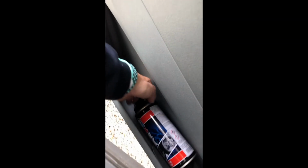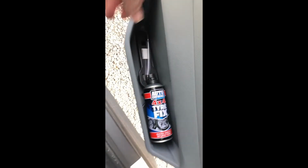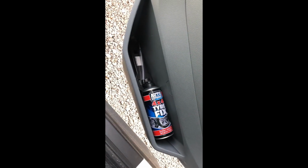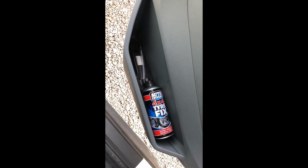Over in the door of the passenger side, you'll find that there is a can of tyre inflator and the towing eye. The towing eye should only be screwed into the proper point on the front bumper. The reason we include the can of tyre inflator is that we don't actually allow you to change the tyre